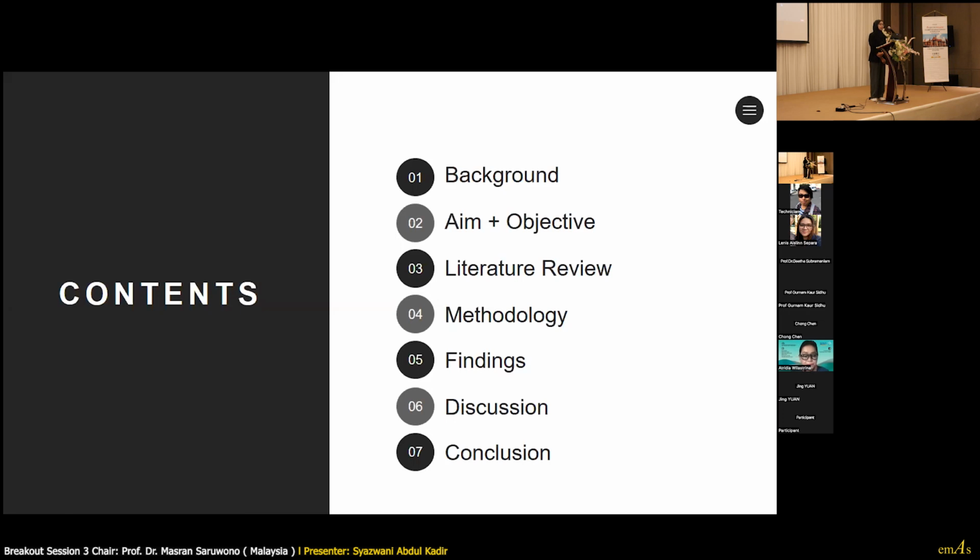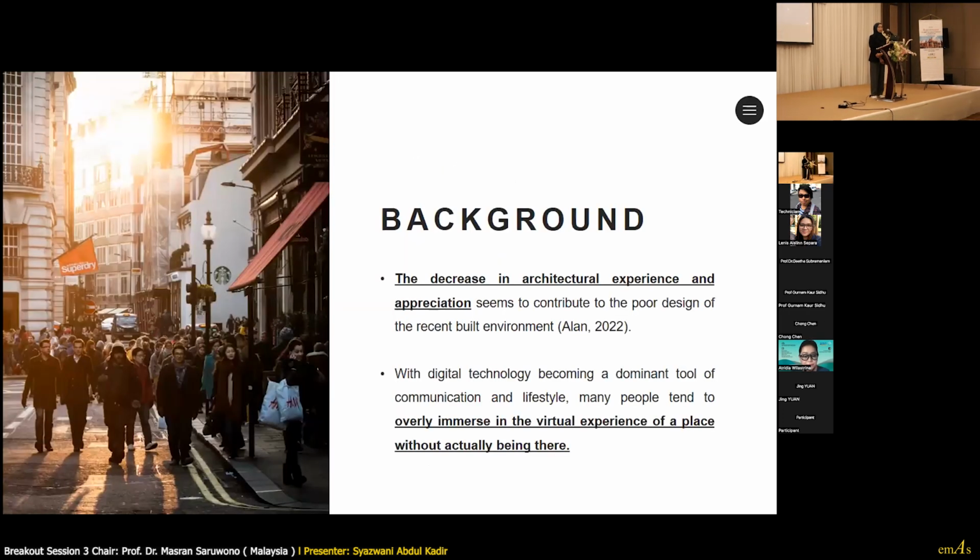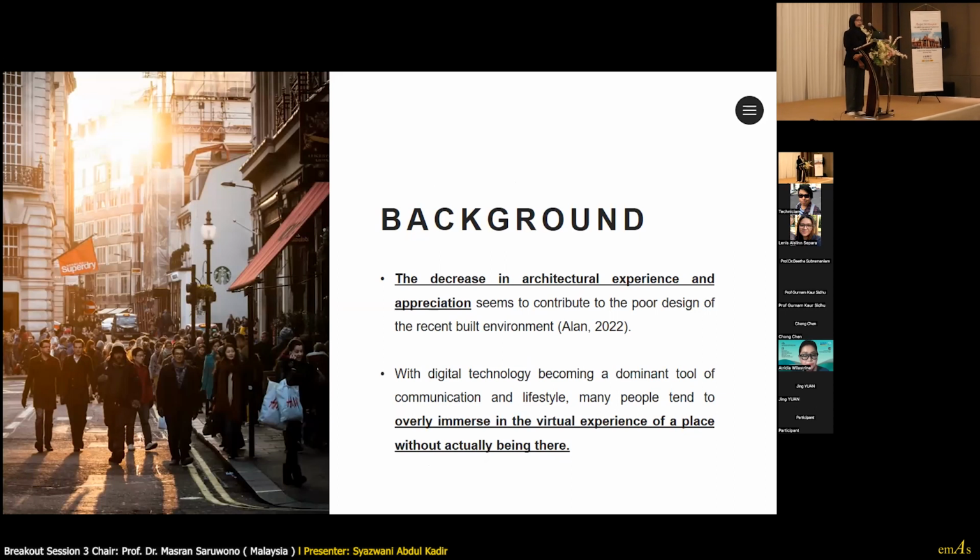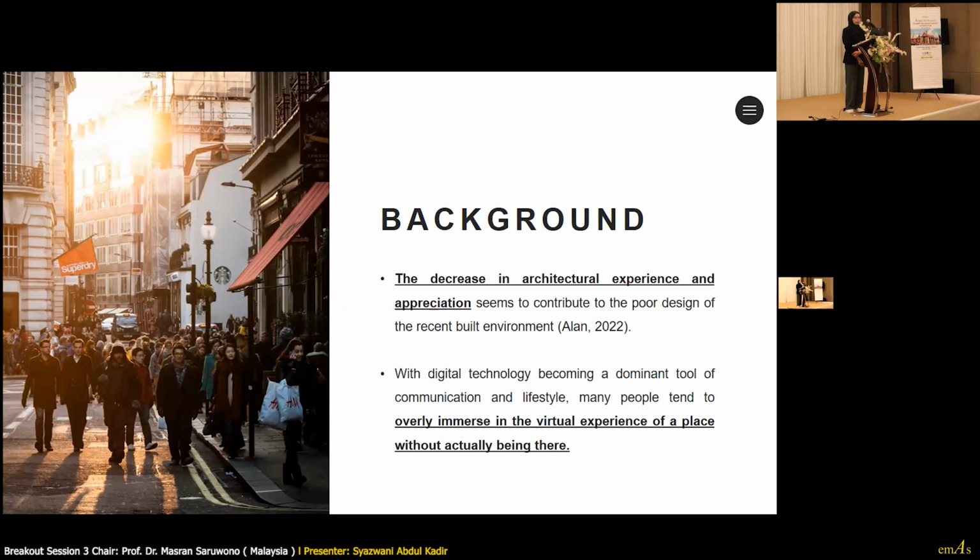As for the background, the decrease in architectural experience and appreciation seems to contribute to the poor design of the recent built environment. With digital technology becoming a dominant tool of communication and lifestyle, many people tend to overly immerse in the virtual experience of a place without actually being there.